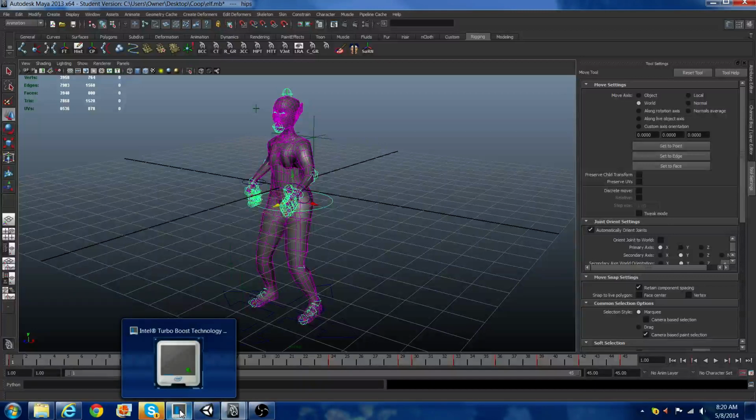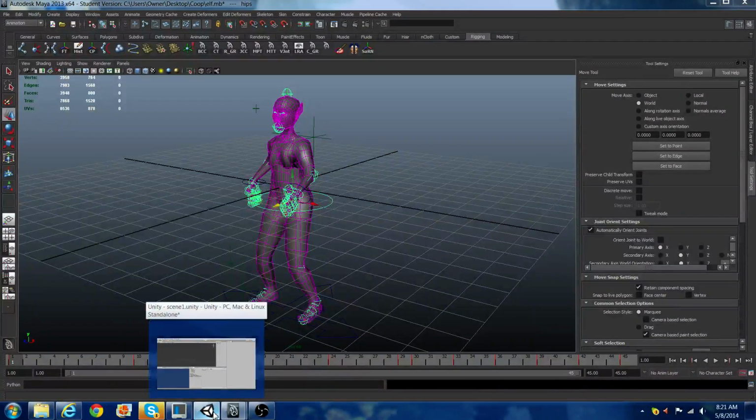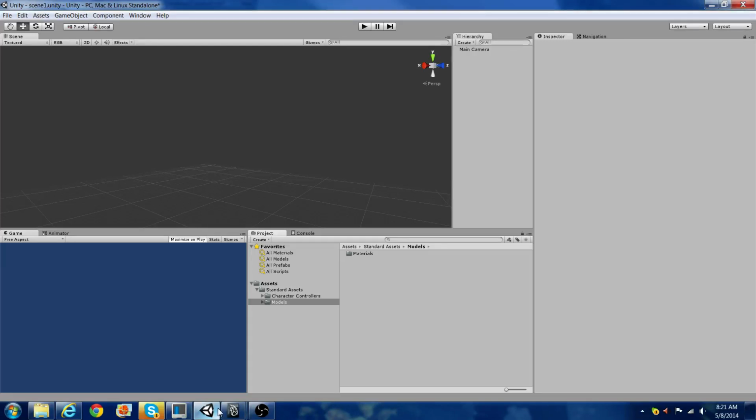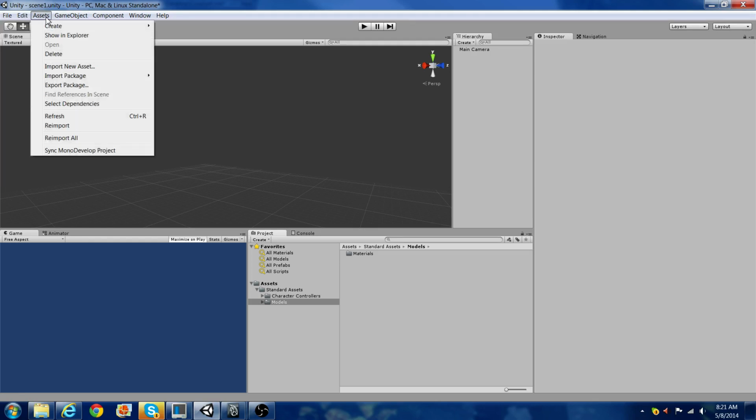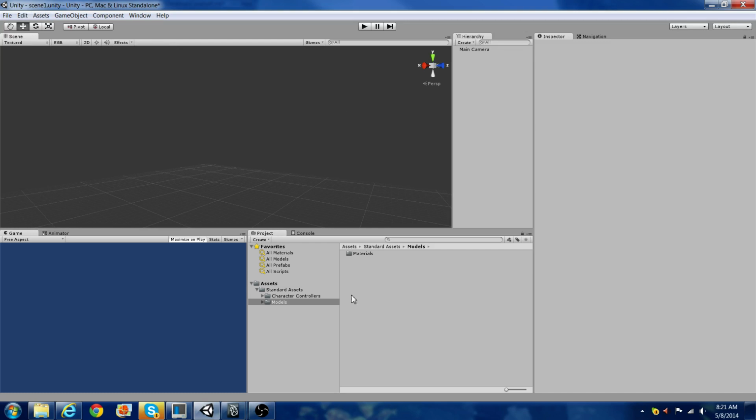There's a couple different ways to do it, and I already opened up Unity because it takes a little while to get itself all opened up. I'm not going to go over the UI because I'm assuming that if you're asking these questions, you already have a pretty good fundamental understanding of the UI of Unity. I created a models folder for my assets to go inside of. There's probably more than 2 ways, but 2 ways that I typically use to bring in models from Maya. You can go to Assets, Import New Asset, or Import Package. But the way I use them most of the time,